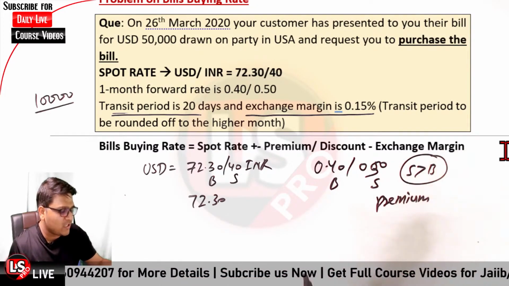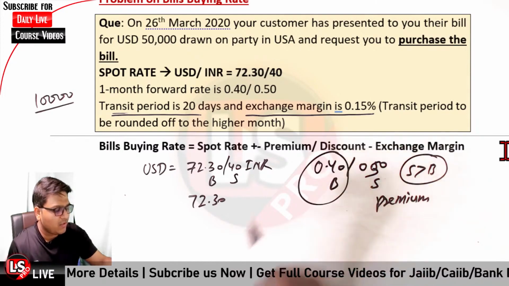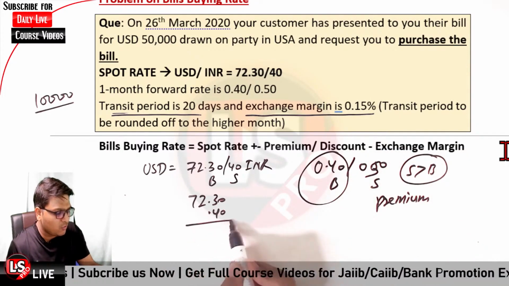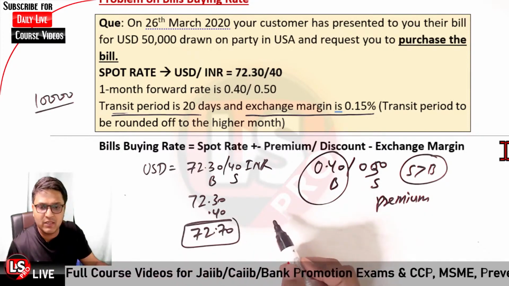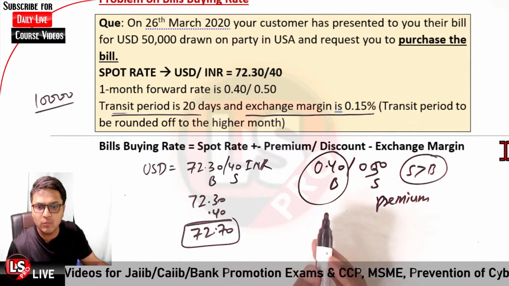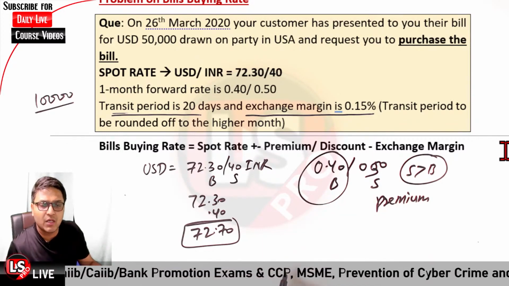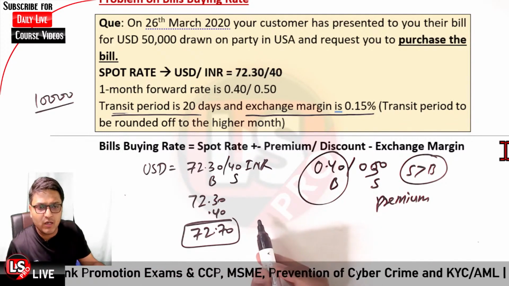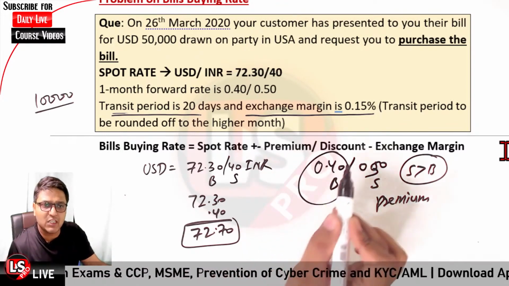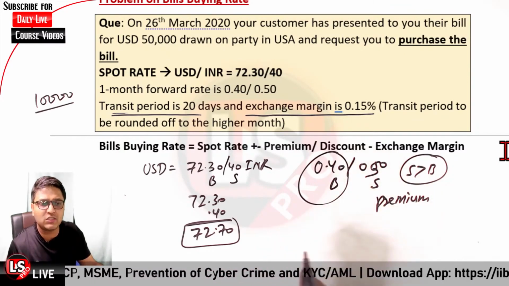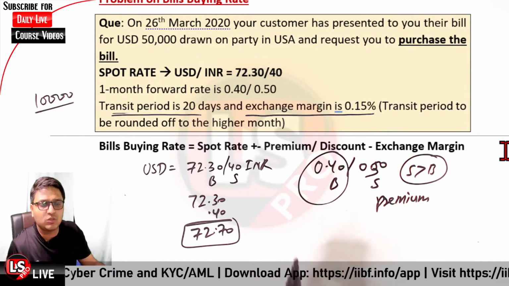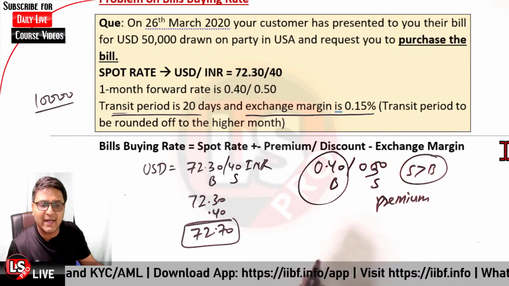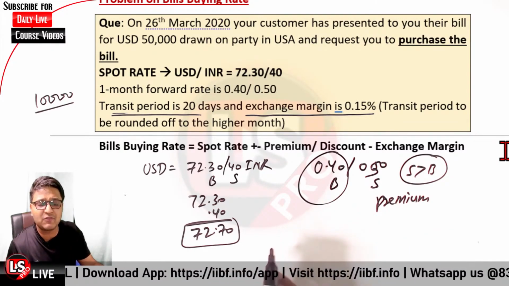So these points would be added up to the rate itself. So these will be added up, so it would be 72.70. So the price would be 72.70. Okay, now after that you got the spot rate plus minus premium or discount. You just need to subtract the exchange margin. Just keep one thing in mind, you need to subtract the exchange margin or add the exchange margin once you have calculated the